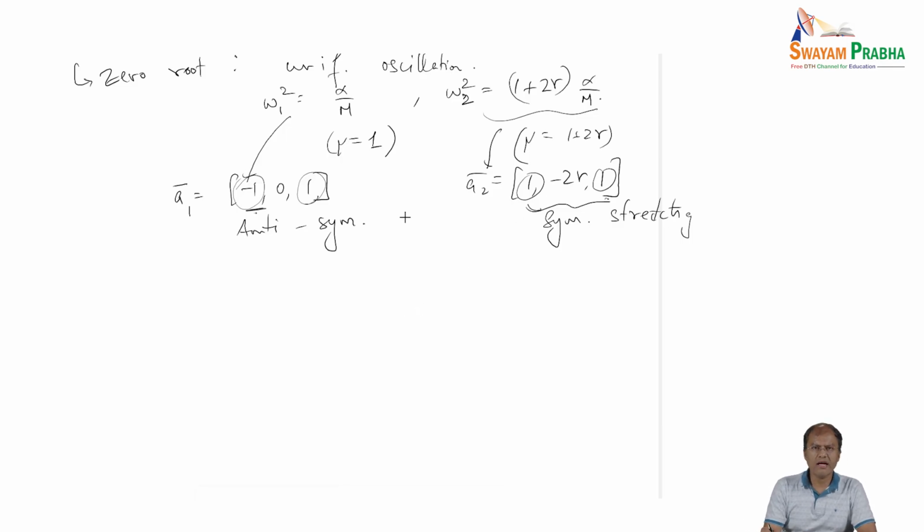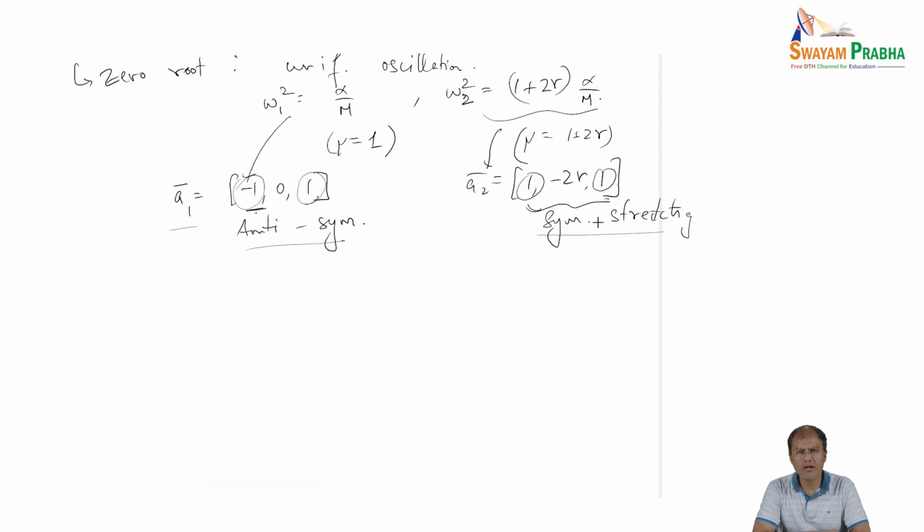Again, these are quickly done so that the listeners can go home and check these results. They can start plotting these eigenvectors corresponding to these eigenvalues and see that actually the motion corresponds to anti-symmetric and symmetric stretching. So I wrap up this discussion here with this example,